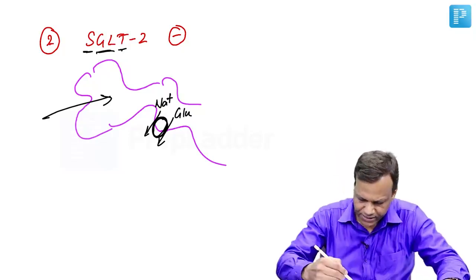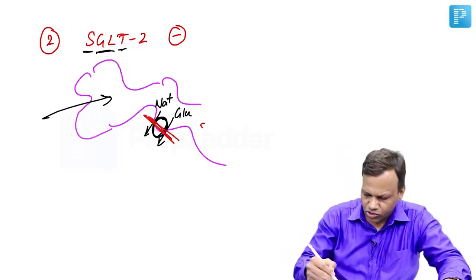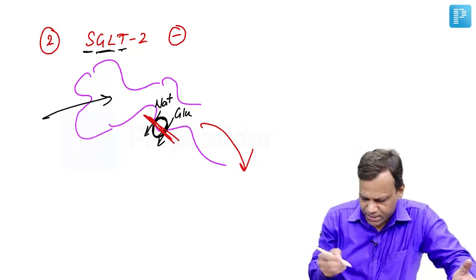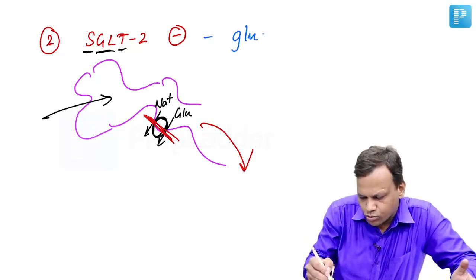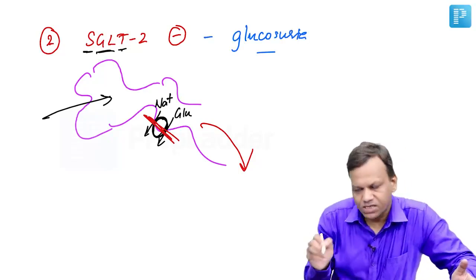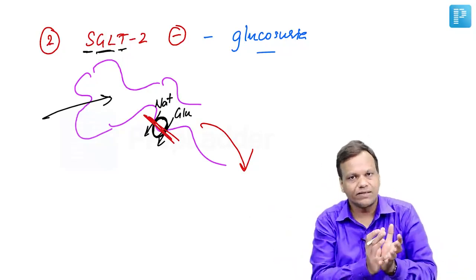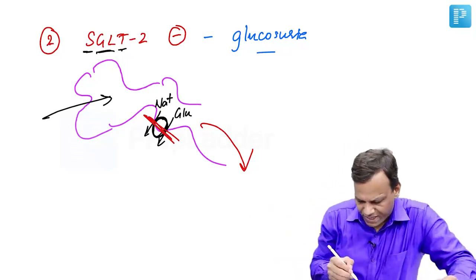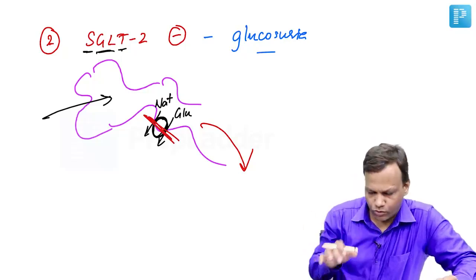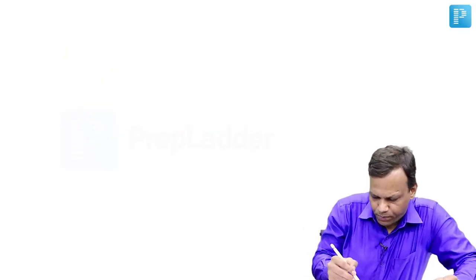If we inhibit this, glucose cannot be reabsorbed, so it will be excreted in the urine. So these drugs act by causing glucosuria. Their mechanism is they inhibit the reabsorption of glucose, so glucose is excreted in the urine and decreases in the blood. So these drugs mainly act by causing excretion of glucose, and the drugs in this group are named